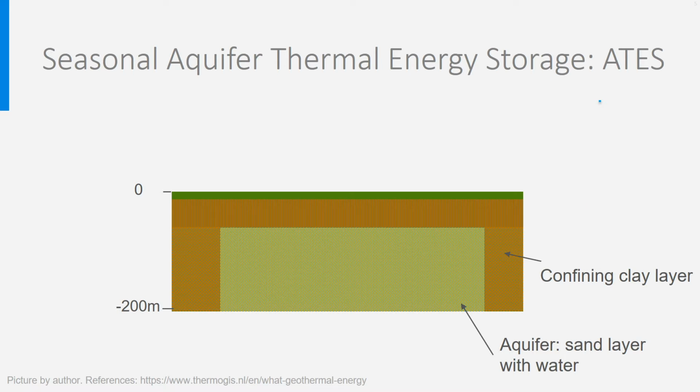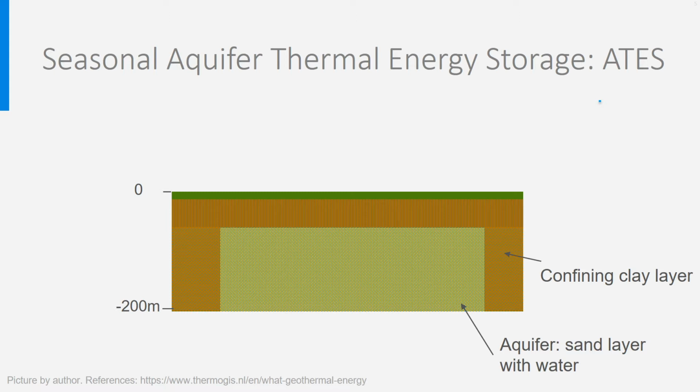In an ATES system, water has to be pumped from the ground in order to make use of the heat it contains. An aquifer is a layer of permeable porous rock, clay, gravel or sand that contains groundwater. Their hydraulic conductivity and porosity describe the ease with which water can flow through it and therefore also the ease with which it can be pumped. Clay has a much lower hydraulic conductivity than sand or gravel, by which it is very difficult to pump the water contained in a clay aquifer.